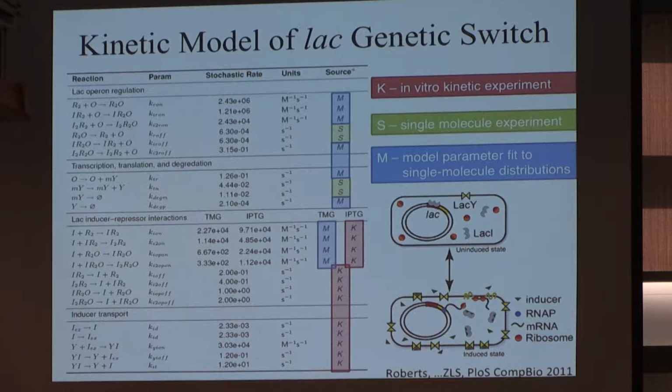So it can really switch on. The simplest model for this involves about 25 reactions, I think 8 or 9 species in it, and all the rates you can get through either biochemistry, single molecule, or FISH experiments. But we did end up having to correct one, because it does turn out whenever you're working on the host